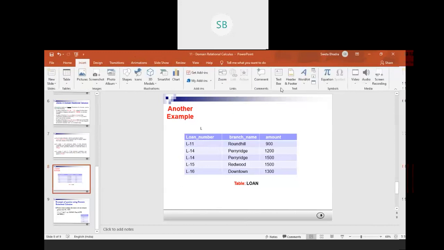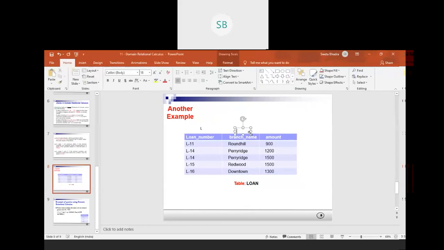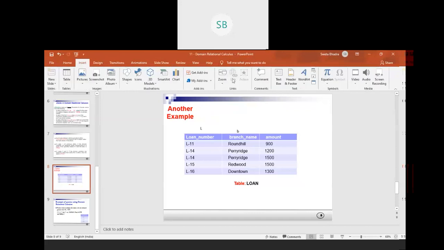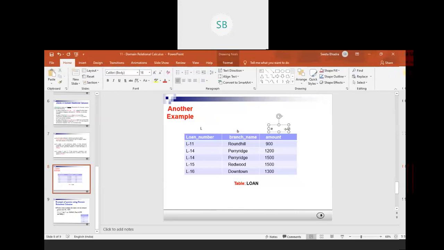This is L, this is B, and this is A. So when we use the domain variables, L refers to loan number, and we are taking B and A.